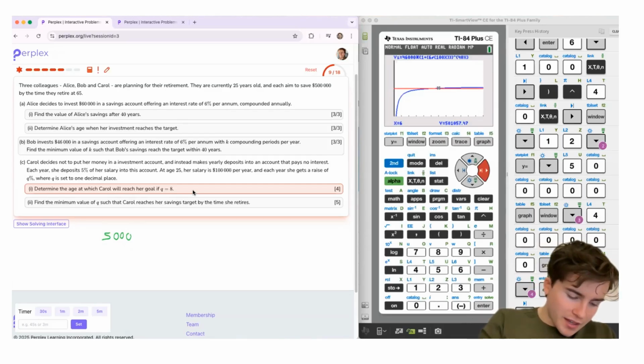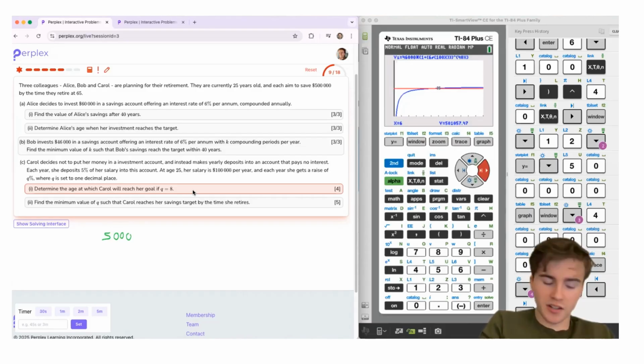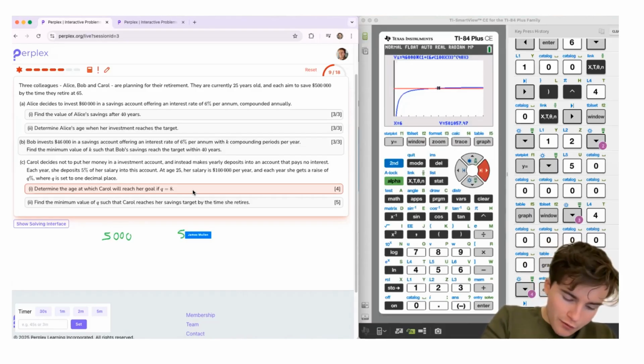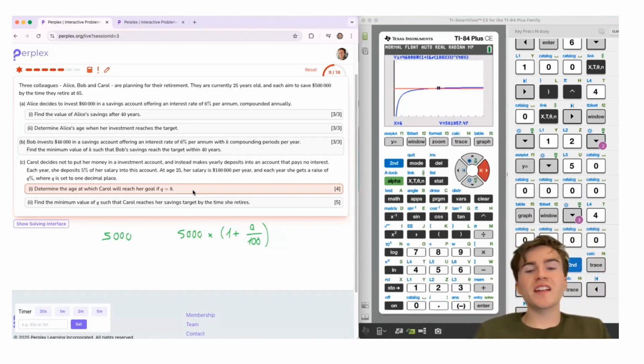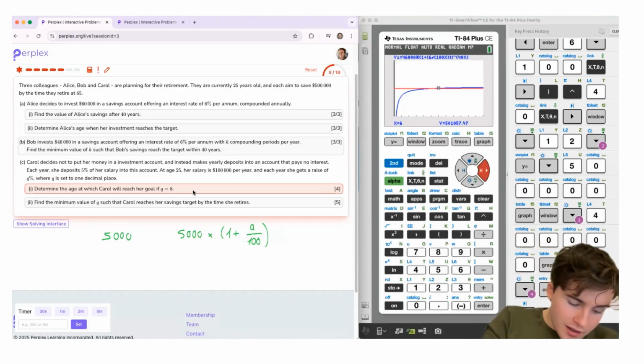So this is actually going to be a geometric series with a first term of 5,000. She puts away 5,000 in the first year. And in the second year, she's going to put away 5,000 times 1 plus Q over 100. Okay, and I'm doing Q over 100 because Q is in percent. So if she gets a 10% raise, she's making 110,000. 5% of that would be 5,500. So 1 plus q over 100 would be 1.1. 1.1 times 5,000 would be 5,500. So this formula works. So this is going to be, and I've got to put this to the power of